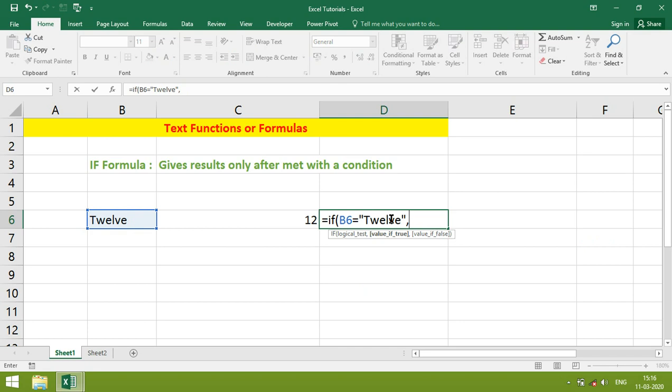If the value is correct, then we want to multiply the number with 2, just for example, otherwise false or 0 we can put it. Since the value is met with the criteria, it is multiplied. For text conditional if, we can use only equal to.